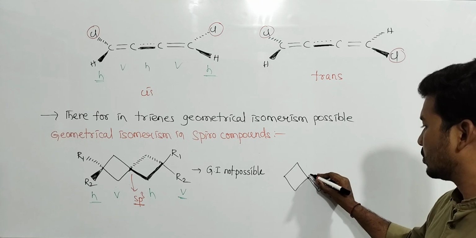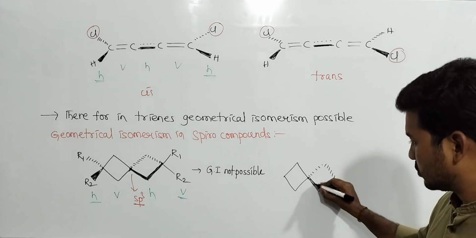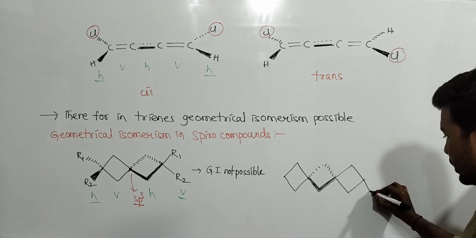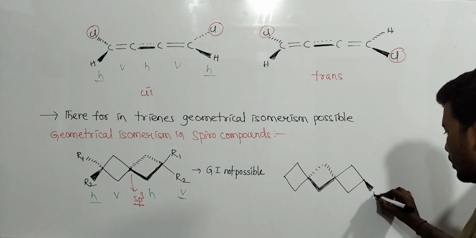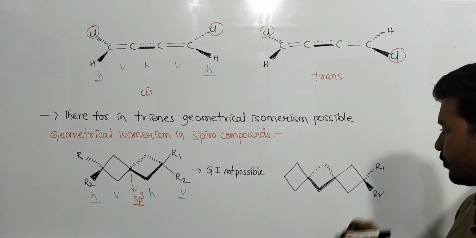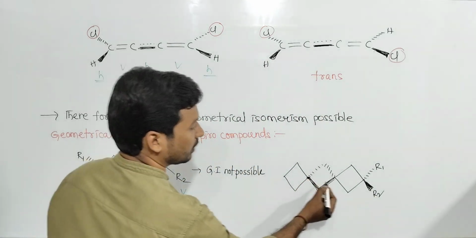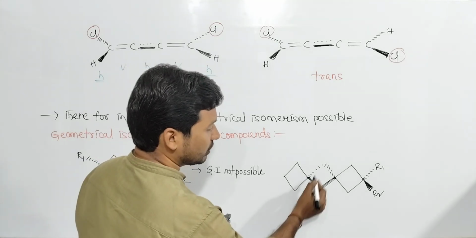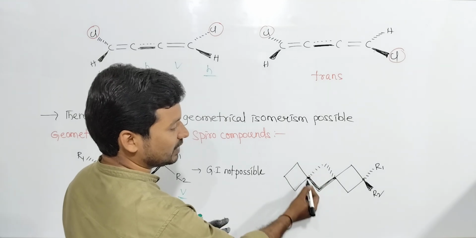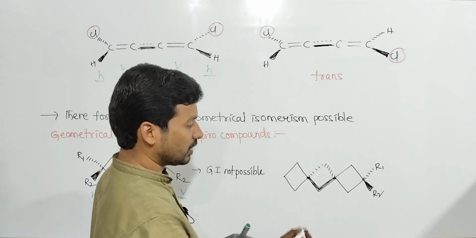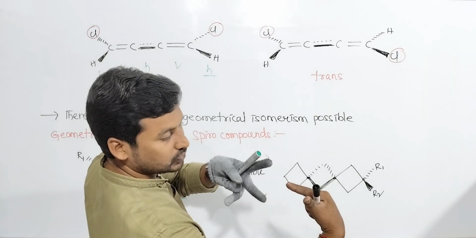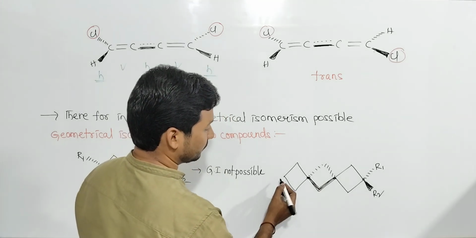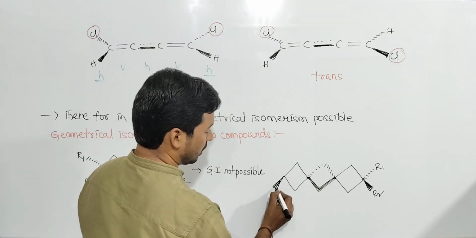horizontal, again vertical, the hydrogens or groups are horizontal, R1, R2. Because all these carbons are sp3 carbon, you have to write two vertical, two horizontal. If you write all vertical, that becomes square planar shape, but sp3 carbon doesn't have square planar shape, it has tetrahedral shape. For tetrahedral, two horizontal, two vertical. Remember, sp3 carbon is not square planar. So vertical means here horizontal. Hydrogen comes here, R1, R2,